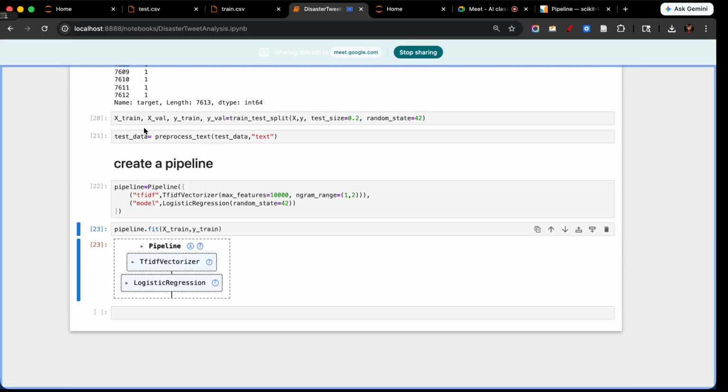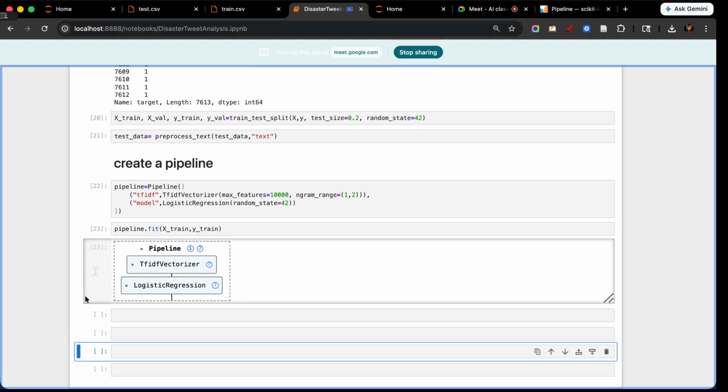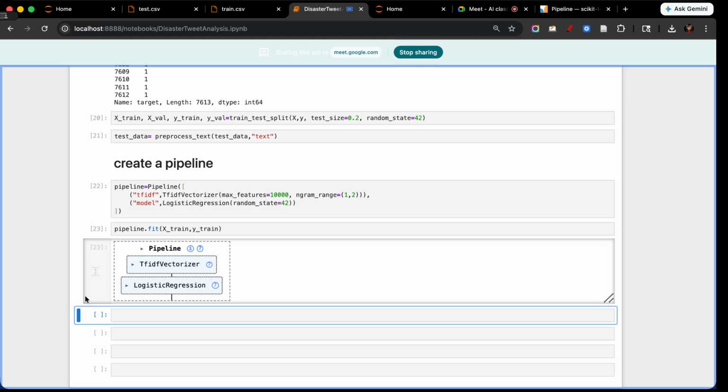So this is how I've created the training pipeline. And I've called it on my data. So I've kind of trained my data as well. Now what I need to do is I need to do some predictions. So I'll just